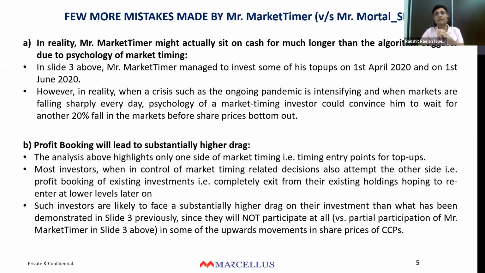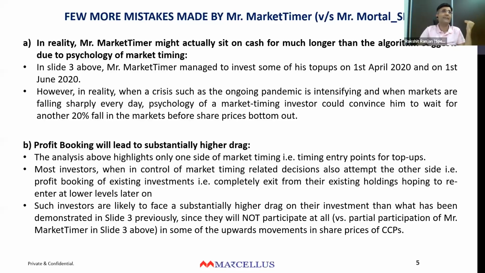It's highly likely that the market timer will not go all in with the entire surplus amount at the end of this month, right? He will say, well, look, budget is coming. God knows what will happen in the budget. Then the NPAs will start coming out from the financial system from March onwards. God knows what will happen there. This event, that event, some state election, some general election, and other news around COVID or vaccine or crude oil price or rupee depreciation or something else. These events will keep happening and a market timer will keep waiting, right?